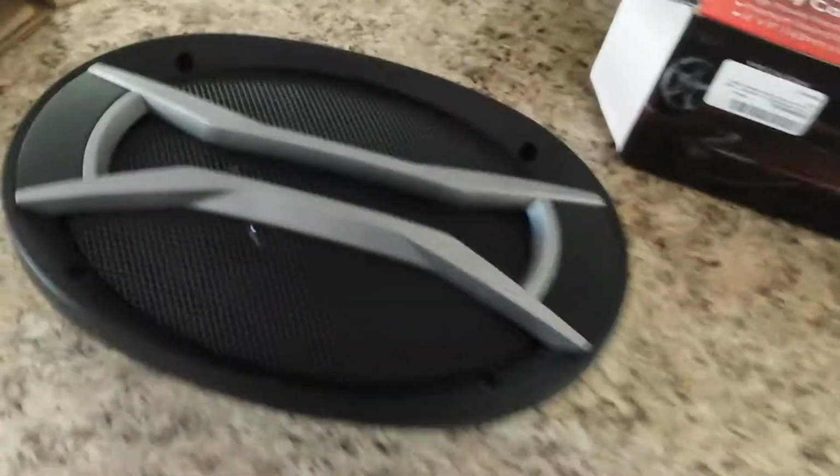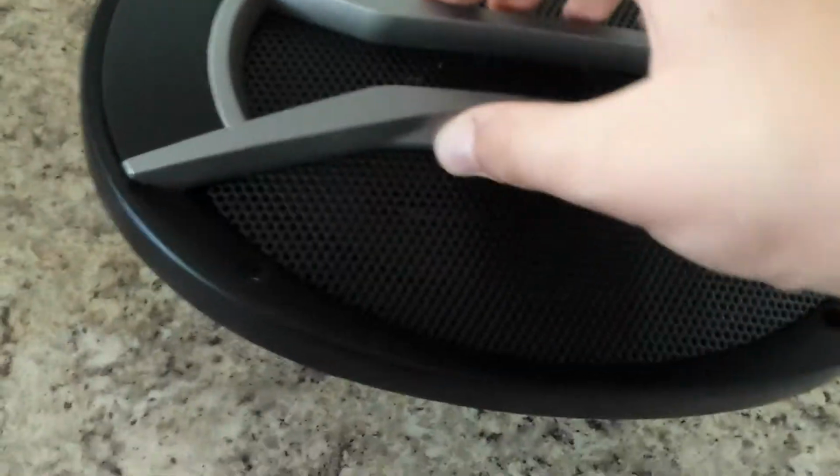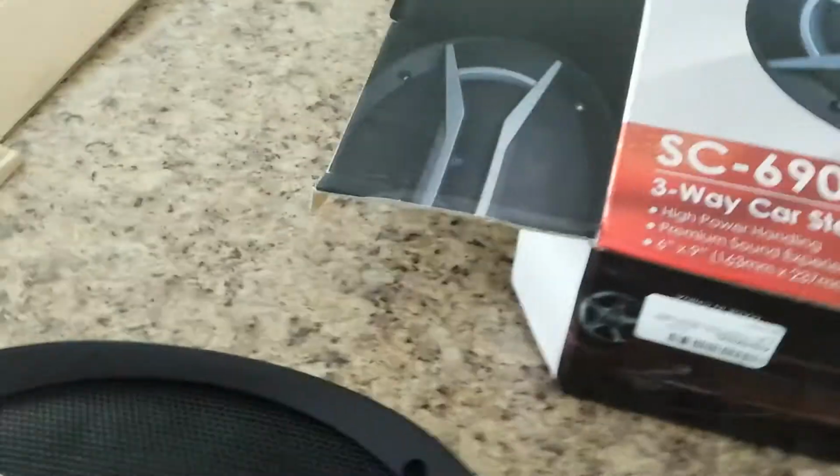Hey YouTube, unboxing video. These are some cheap speakers I got. I'm planning on building kind of like a last minute boombox a month away from now, so I got time to buy the parts. Like I said, I'm gonna build another boombox, so I got some cheap speakers. I'll probably replace them in the future, but I mean it's just something I'm throwing together as quick as I